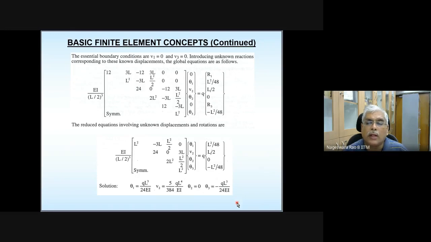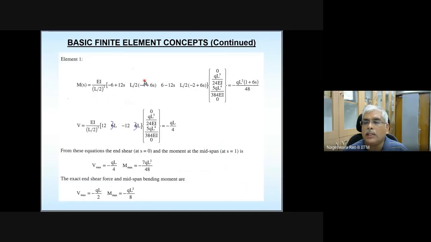Once you have these nodal values, you go to each element, element 1. Here, only bending moment and shear force are shown. If you want, you can do interpolation for displacement and rotation as well. So bending moment, using those nodal values and the second derivative of shape functions, at any point in element 1 can be obtained using this, varying s from 0 to 1. Similarly, shear force can be obtained using this relation.